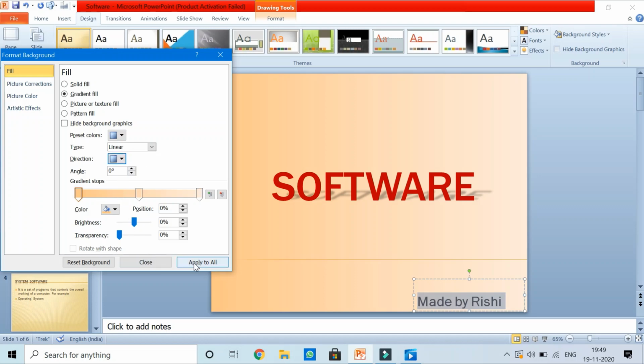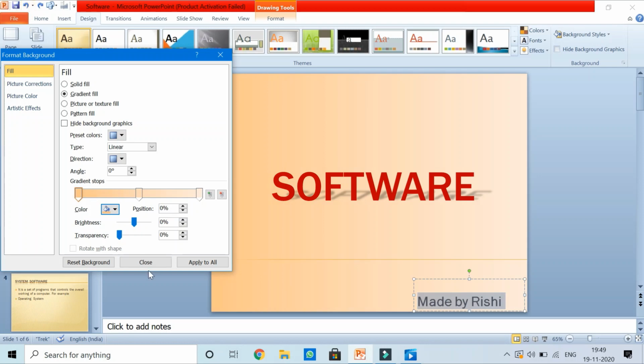Now if you want to apply this change on all the slides, then you can say Apply to All, but I don't need that. If you want to change the color also, then you can change the color like this. Just now I don't want it, so I'll say undo.